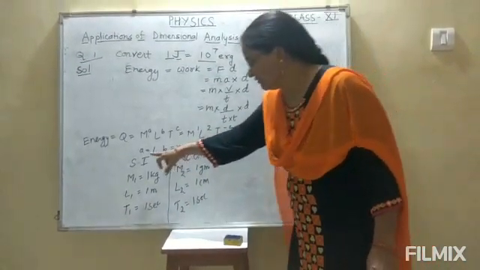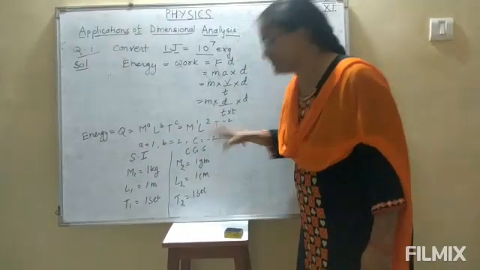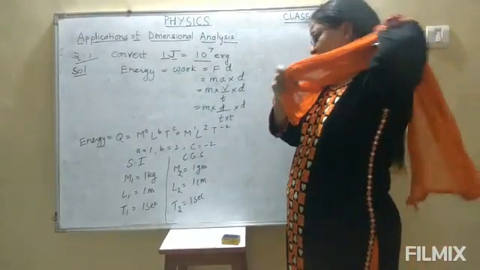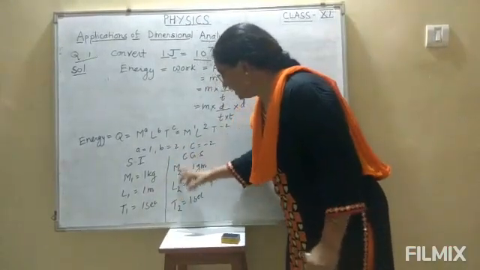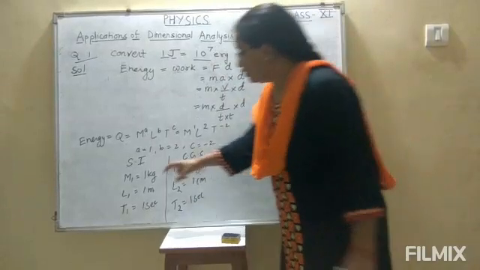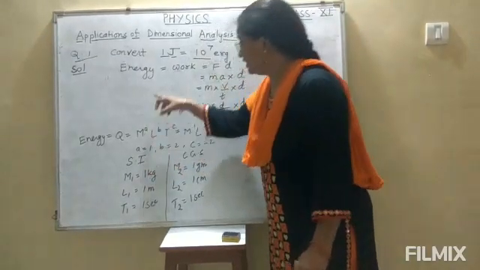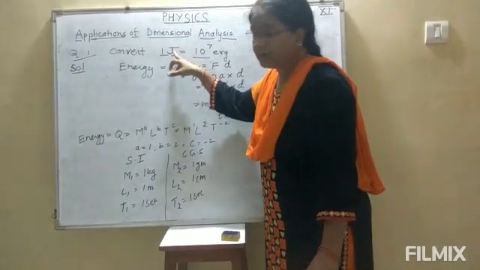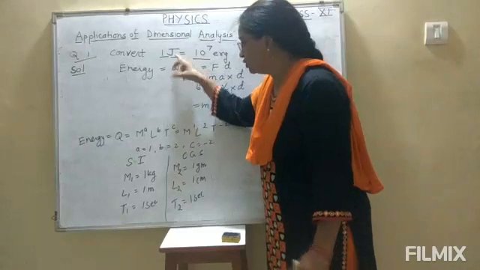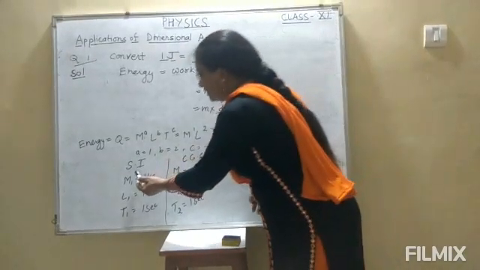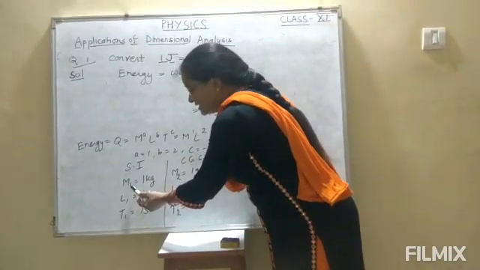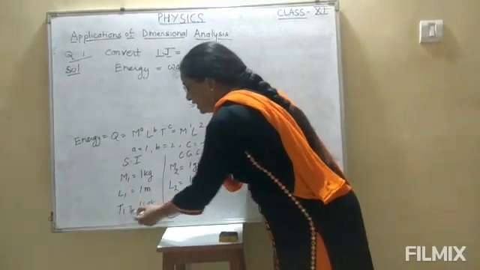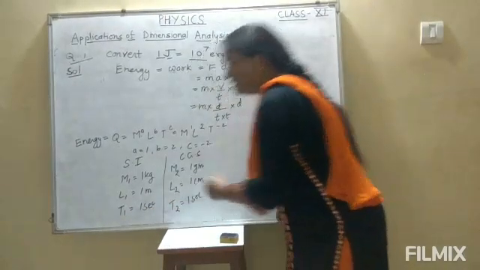So in this way we have calculated the values of A, B and C. Now we will calculate the different values M1, L1, T1 and M2, L2, T2 in two systems of units, because here on the LHS the SI unit of energy is given, that is joule. So we will first consider the SI system, and in the SI system M1 is equal to 1 kg, L1 is equal to 1 meter and time T1 is equal to 1 second.